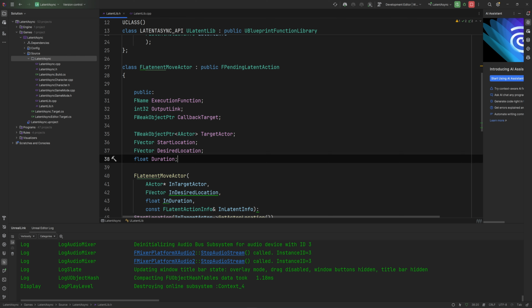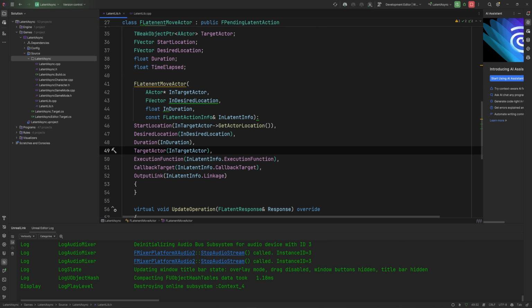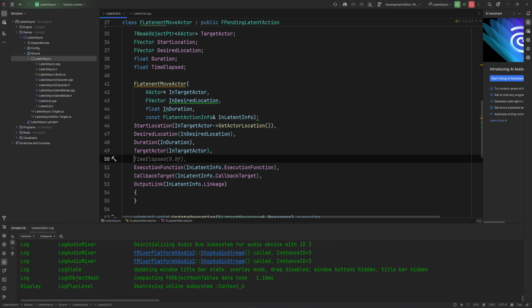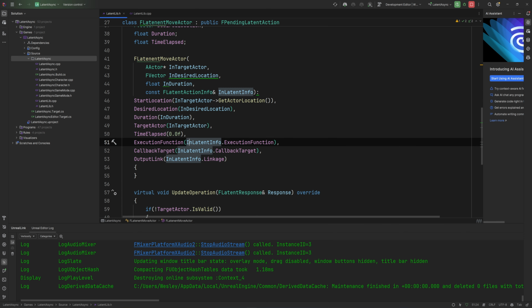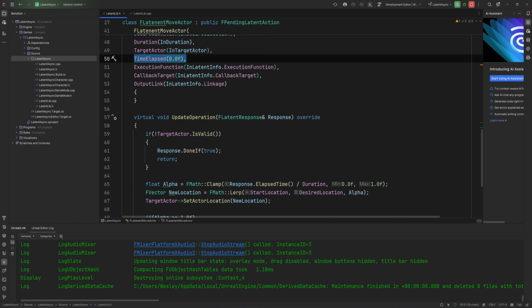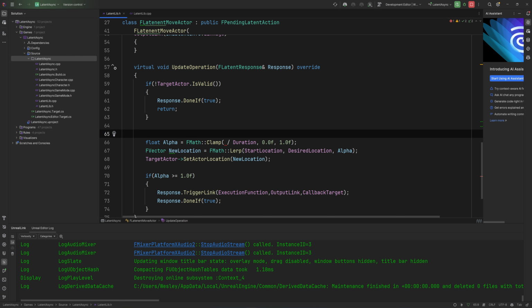We do need to also have a float in here for the time elapsed. We can just in the constructor set that to a default value of 0.0. You can always skip it if you really want to. It's nice to just explicitly set this to 0 just in case. And then in here, instead of just getting our response.elapsed time, this is kind of like your delta time, not the total elapsed time. So what you do is instead you make your time elapsed plus equals the elapsed time,